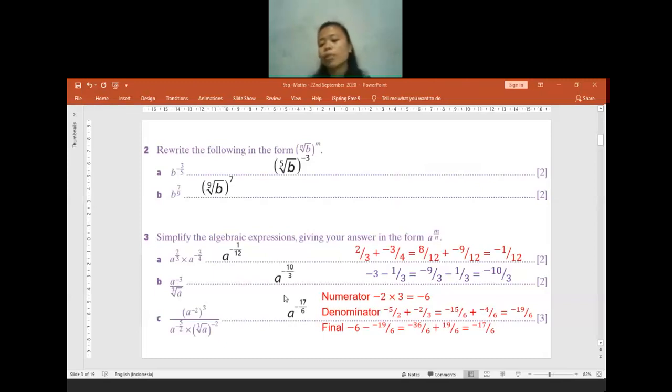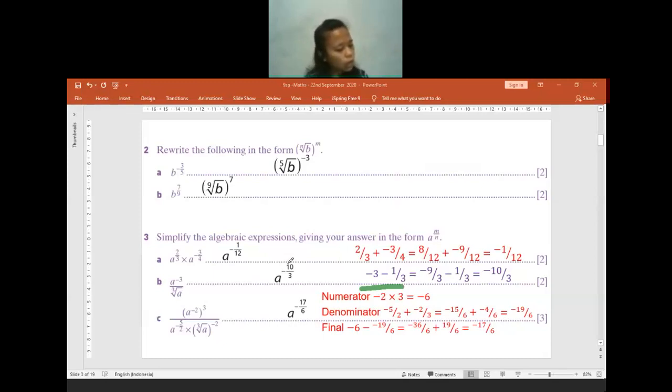Now for question B, for example, we have a to the power of negative 3. For the denominator, we have cube root of a. Cube root of a equals a to the power of 1 per 3. Fraction means we do division, right? And when we do division using indices, we subtract the power. That's why here I subtract negative 3 with 1 per 3. Then you do a normal subtraction, and the result you put as a power. That's it. Is it helping or is it still confusing?